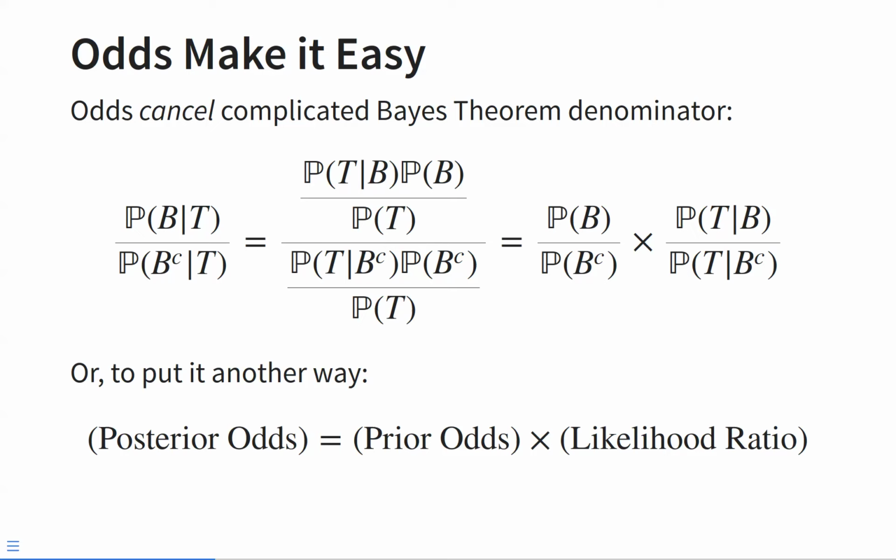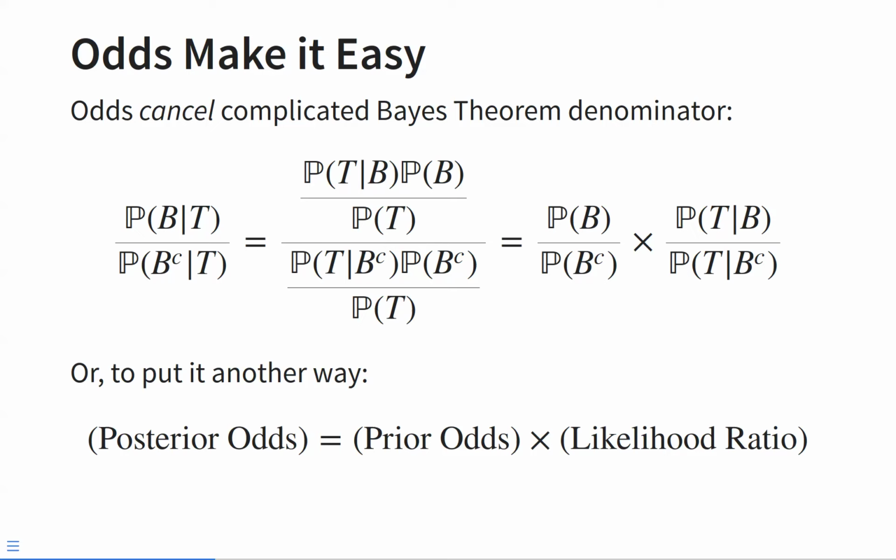Now, what is that something? Well, that something is the probability of testing positive given that you have breast cancer, divided by the probability of testing positive given that you don't have breast cancer. Probability of T given B divided by probability of T given B complement. That thing also has a name, and it's called the likelihood ratio. So the likelihood ratio tells us how the data we've observed, how the results of the test, how the evidence